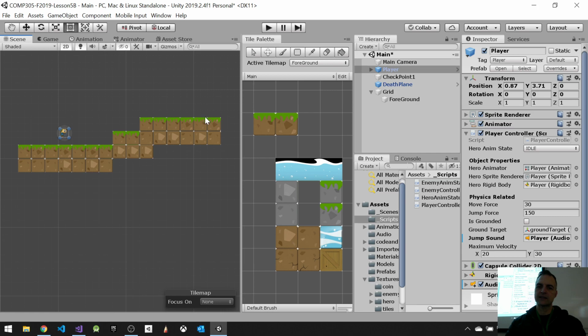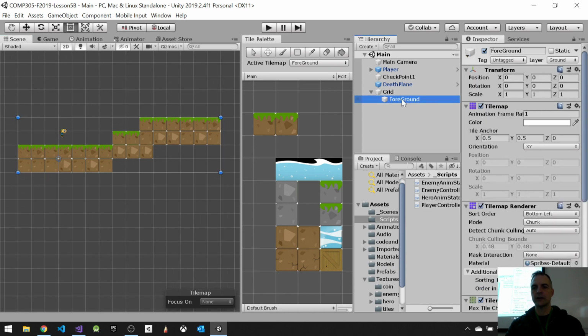All right, so that's the first part. So let's save that. But I'm really unhappy with this. This is like a really crappy little tile map. Let's see if we can use something else. So what we're going to do is, and here's the tile map. I can actually turn the tile map renderer off, so I don't have to render certain things, which is great,